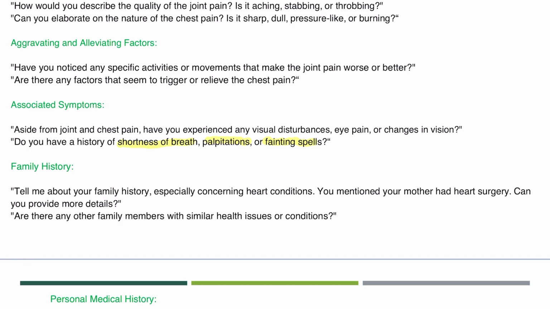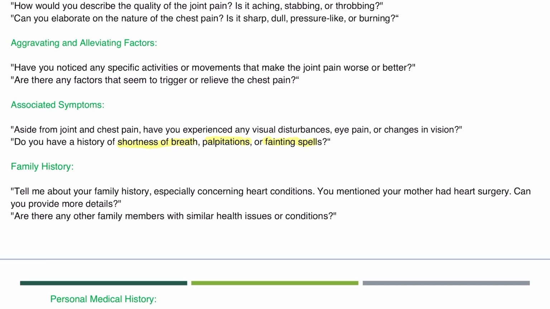Now remember, in Marfan syndrome, once you enter your station, by looking at the patient, you already have an idea that this patient has Marfan syndrome. But don't get carried away by just looking at the patient and knowing the diagnosis. You still have to take all the history, and you have to demonstrate that you are able to take a complete history,